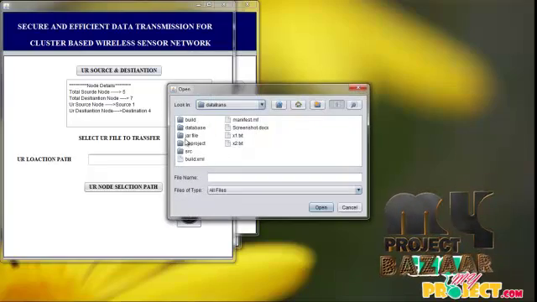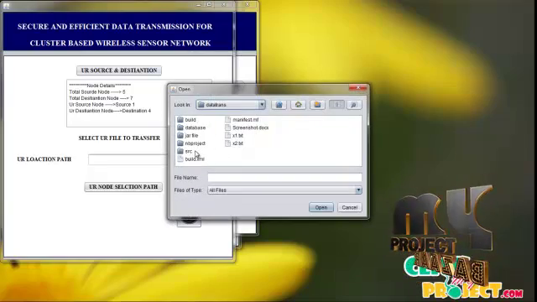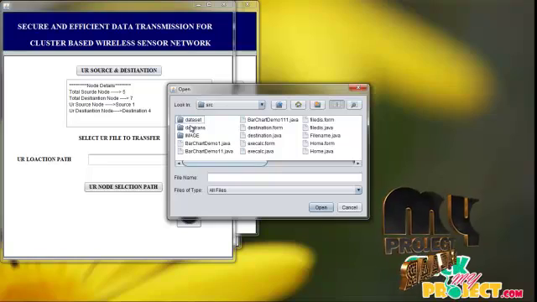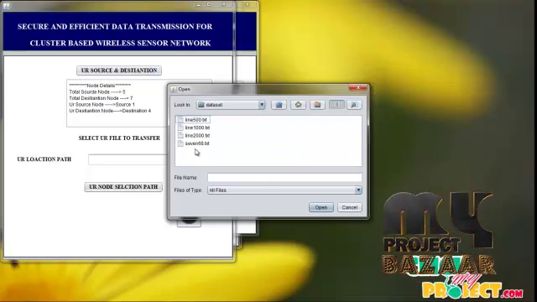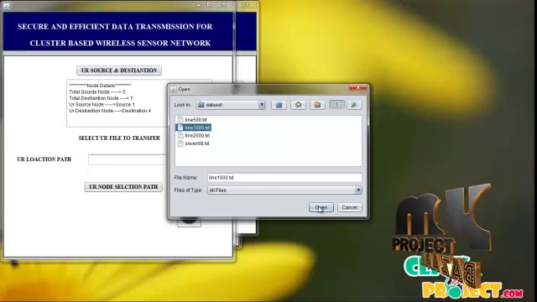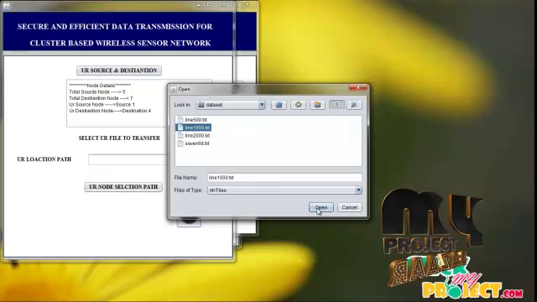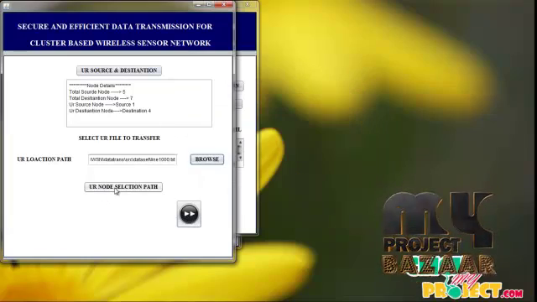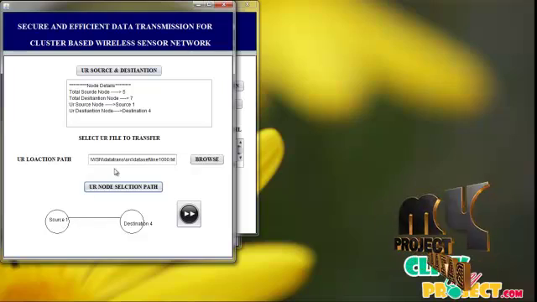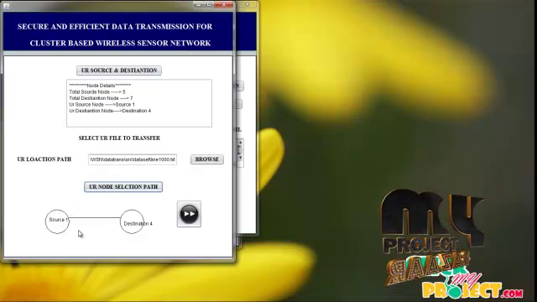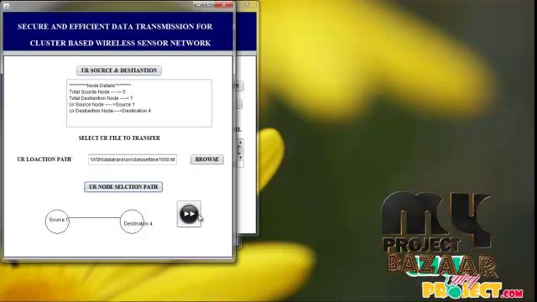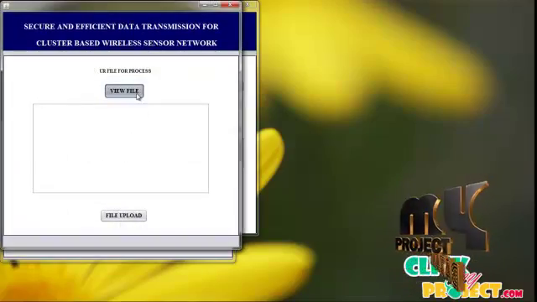Now we have to select any one of the files from SRC and click the data set. We have to select any one of the data and click. We have to do the node creation. The data should be sent from source 1 to destination 4. Click the next button and view our file